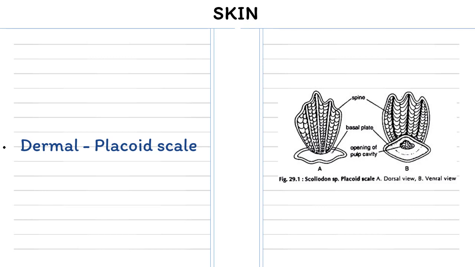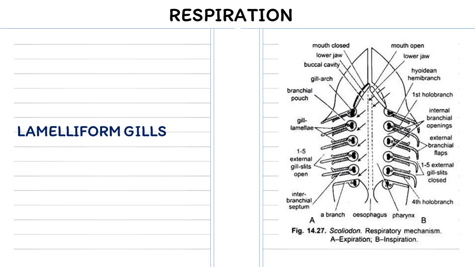So this is regarding the skin of these fishes. The skin consists of scales, and the scales are placoid scales. Dermal means skin, and the skin consists of scales, and the scale is known as placoid scale, right? The figure is displayed there, the shape of these placoid scales. Then respiration is with the help of gills, since they are aquatic organisms, and the gill name is lamelliform gills. The gill is marked there. This is lamelliform gills.